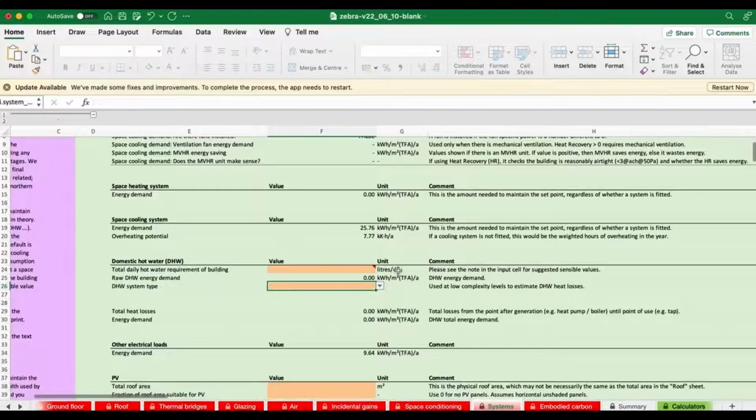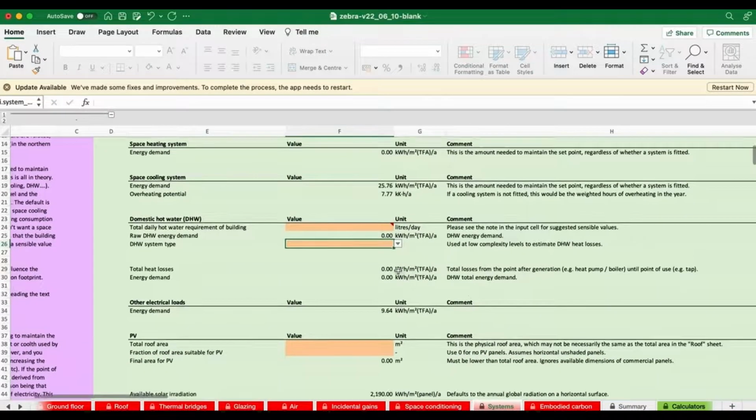At complexity level 1, there's limited information to fill in, but there are some important values. So the first thing to fill in is the domestic hot water demand. A lot of thermal models of buildings would leave this out, but then you'd only get an estimate of the cooling energy use of your building.